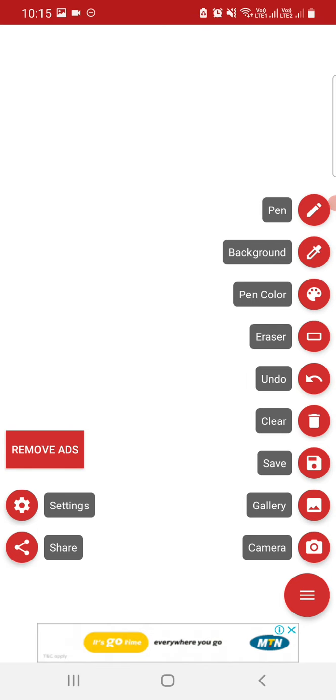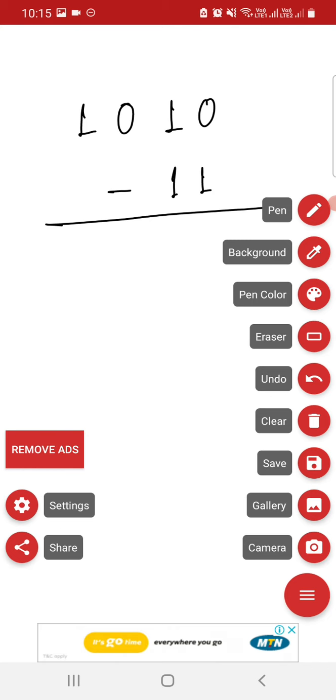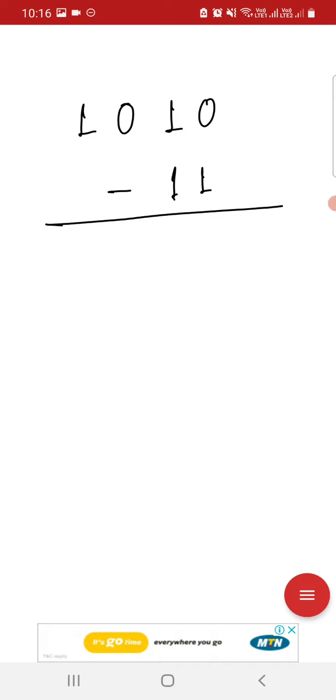that is something 1010 minus 11. Okay, so first one, that is 0. That means we need to take a borrow. From that we need to take a borrow, that will be 10 and that one will be 0. 10 means 2. 2 minus 1, that is 1. 0, again this is a 0, that means we need to take a borrow, but this is also 0, that means we need to take a borrow from that one, that will be 10 and that will be 0.